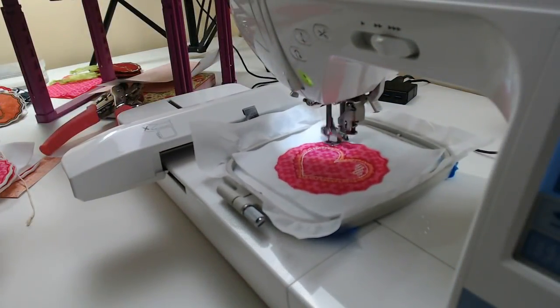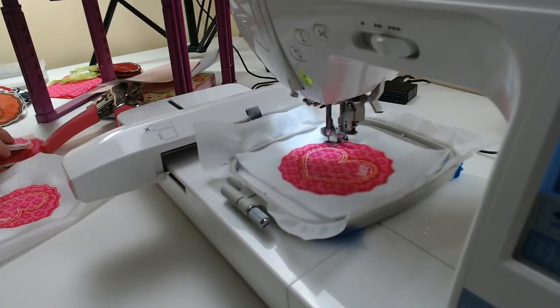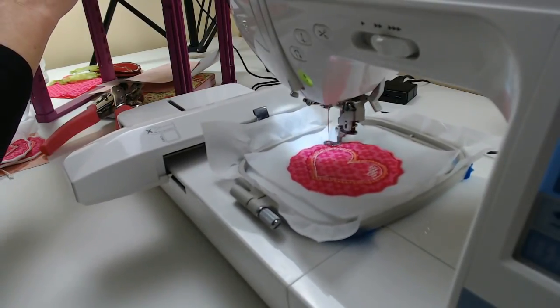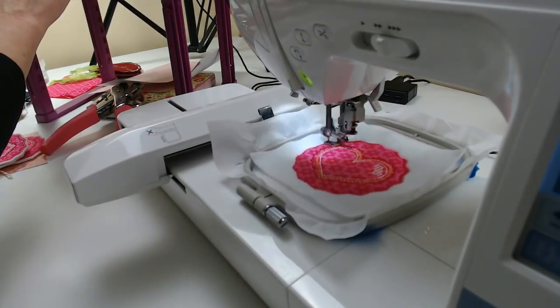Now, this is still continuing to stitch. I'm going to show you here where we're at, just so you guys can see. It's coming around. We've got a few minutes yet on it. But while it's still stitching around, I'll show you here on this one. There. So when the design is finished, like I said, if you don't want to put the eyelets here, you